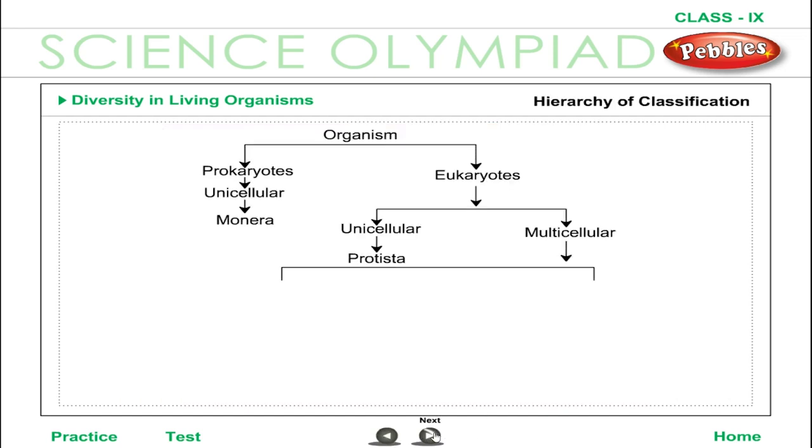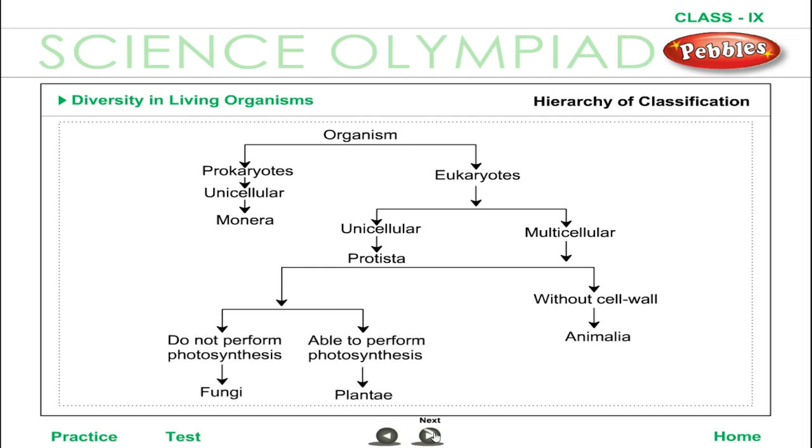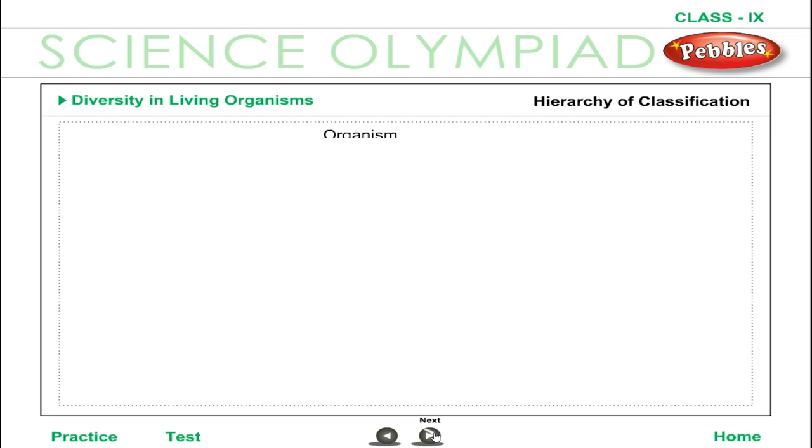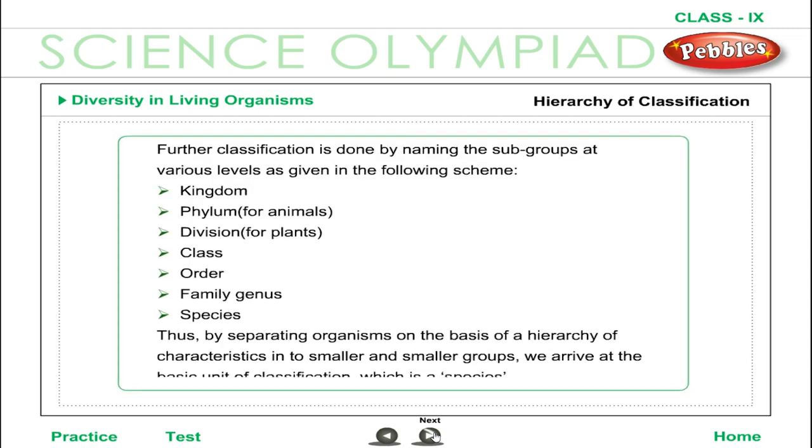Hierarchy of classification. The classification Whittaker proposed has 5 kingdoms: Monera, Protista, Fungi, Plantae, and Animalia, and is widely used. These groups are formed on the basis of their cell structure, mode and source of nutrition, and body organization. Further classification is done by naming the subgroups at various levels as given in the following scheme: kingdom, phylum for animals, division for plants, class, order,